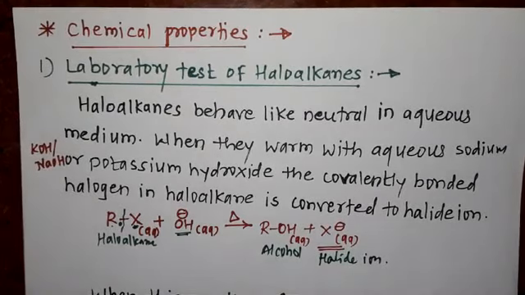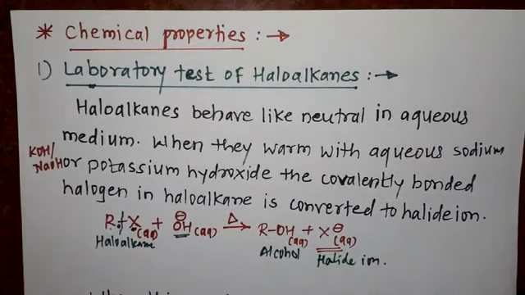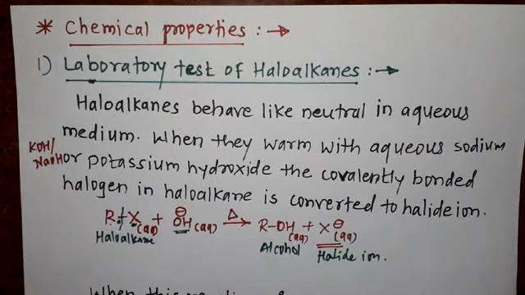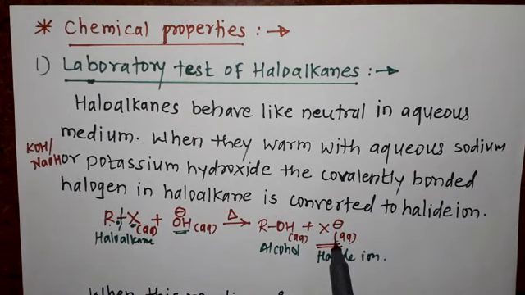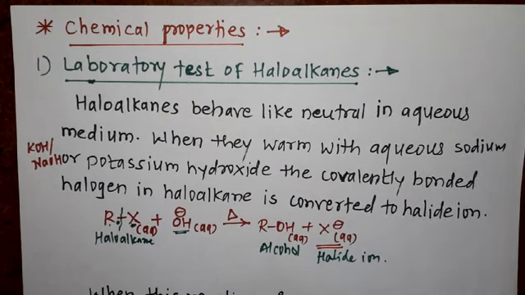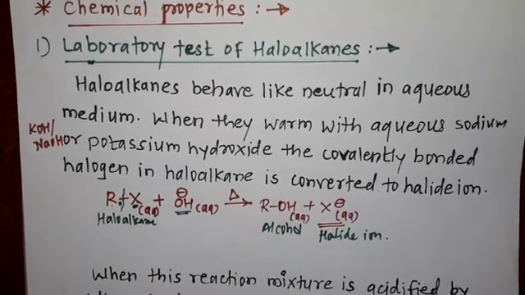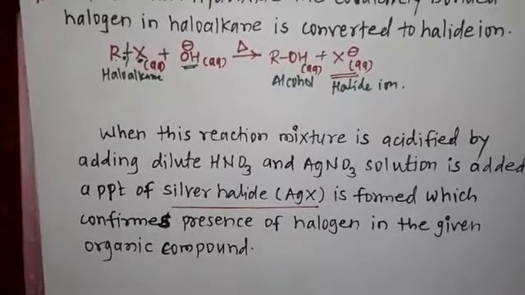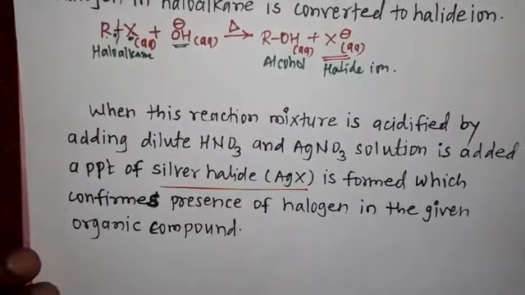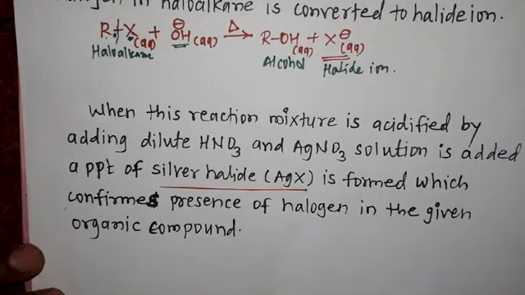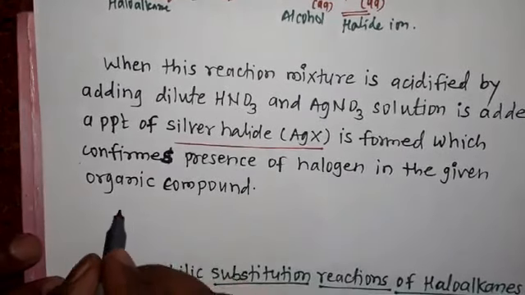And when this halide ion is acidified by using dilute HNO3 and then we add silver nitrate AgNO3 solution, then this halide ion forms precipitate with silver halide, and that confirms to us the presence of halogen or halide ion in given organic compound, and that reaction should be written as,